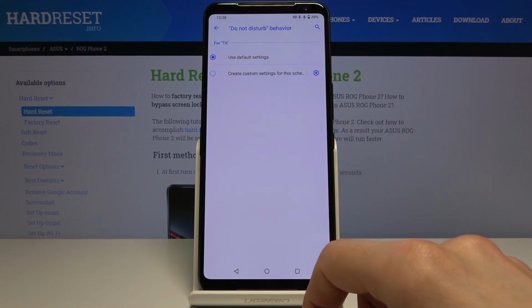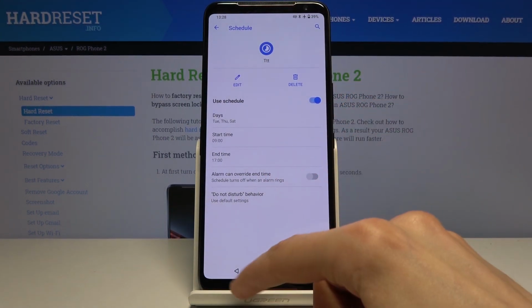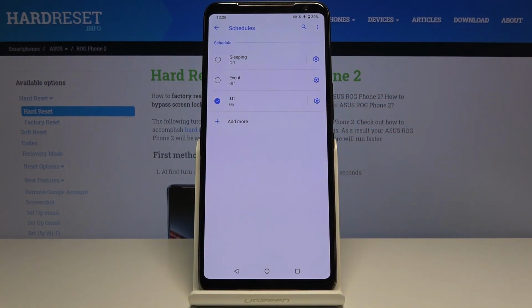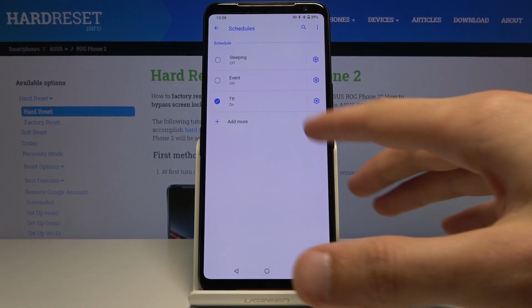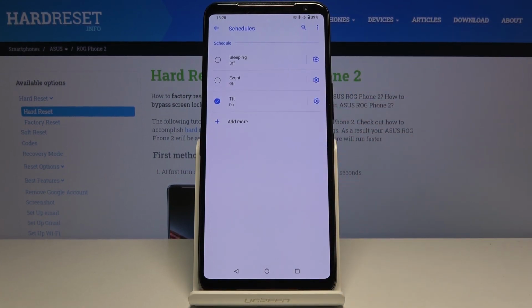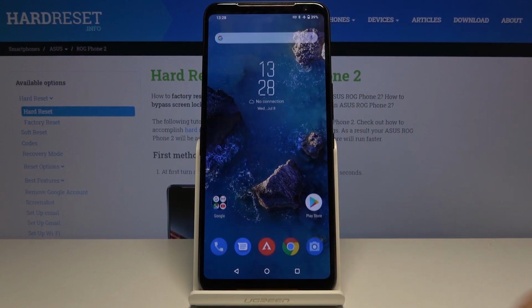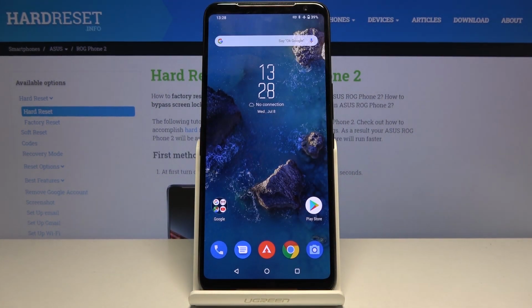So I'm gonna stick with the default one, and once everything is set, go back and it's automatically turned on, as you can see. And once the time and day of the week that it's set to approaches, it will turn on automatically, and then once the end time approaches, it will turn off on its own again. So that is how you would set it up, enable, disable it, and if you found this very helpful, don't